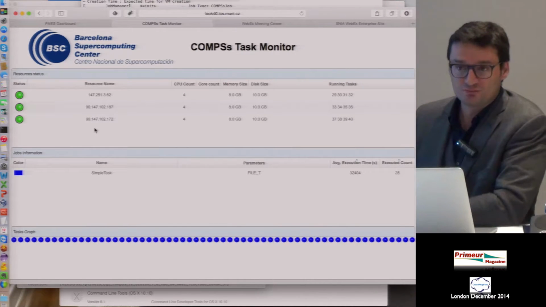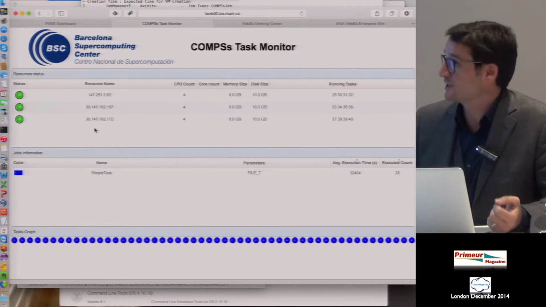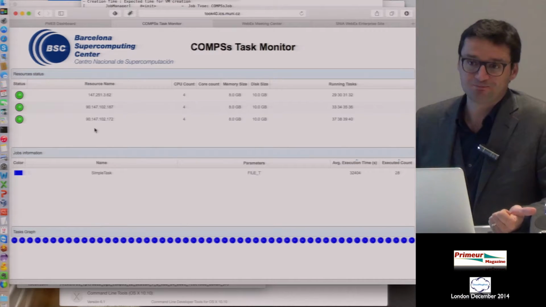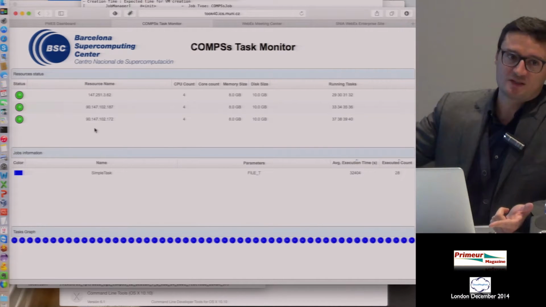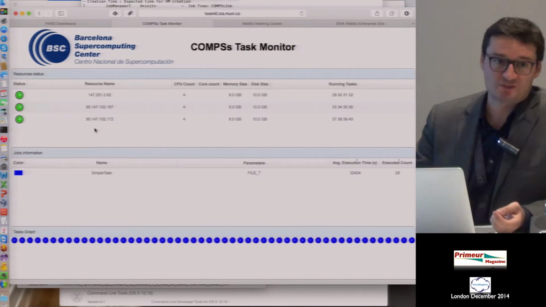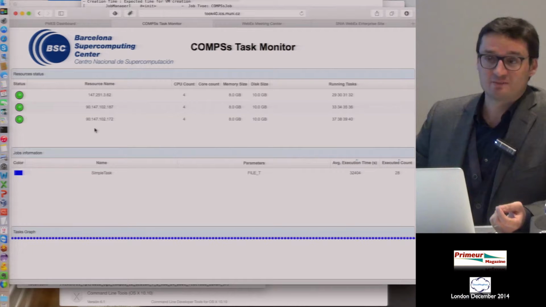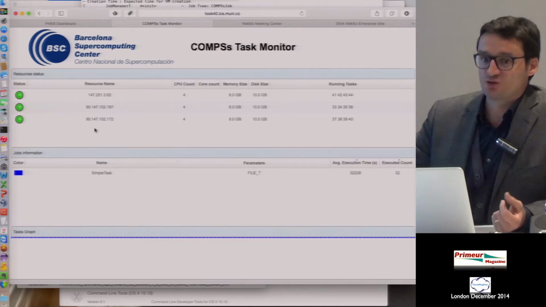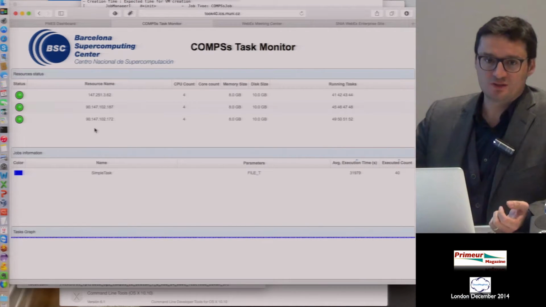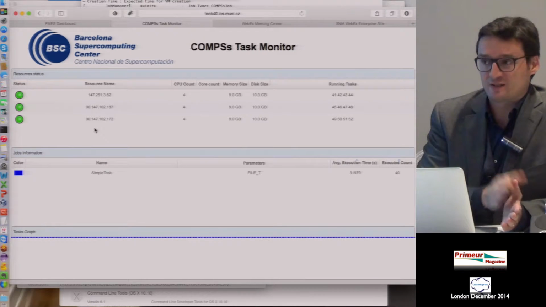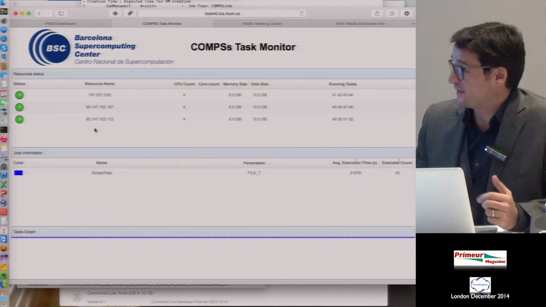There are several policies to decide which is the best node on which to execute a specific task, depending on the data locality. In the case of settings like the ASCETIC ones, BSC is also part of the ASCETIC project, as presented by Django. We are also evolving the runtime to support energy constraints, so the task will be executed on a node that is compliant with certain energy constraints, etc.